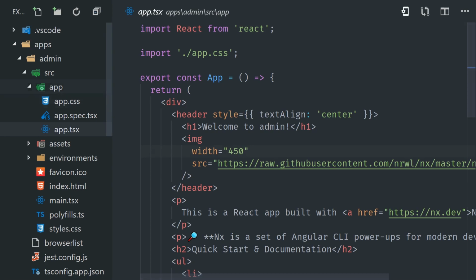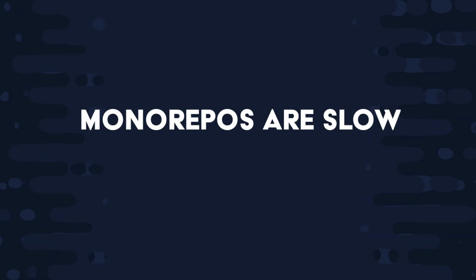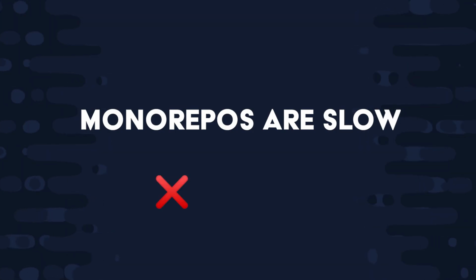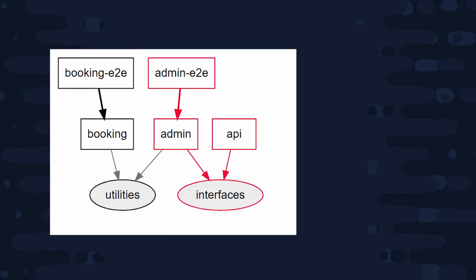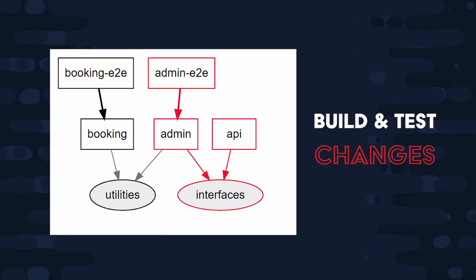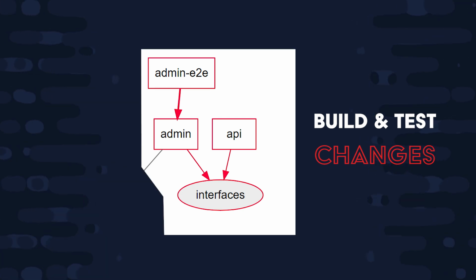But one of the common misconceptions that you may have heard is that putting all of your code into a single monorepo will slow down your testing and deployment pipelines. In a large project, you only want to rebuild and test the portions of the app that have been affected by change. That might be an individual application, or it might be multiple applications that have been affected by a change to one of their shared dependencies. NX can detect where code changes will impact the monorepo, allowing you to efficiently work with change in isolation at any